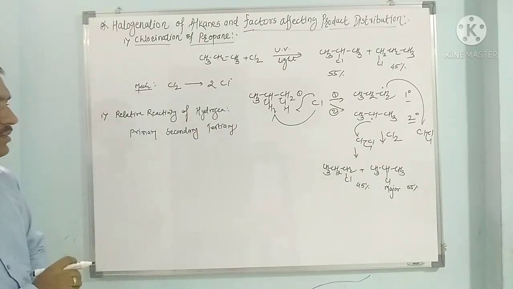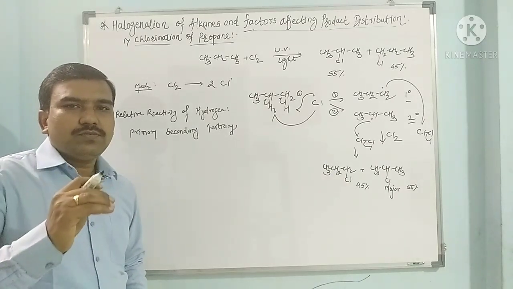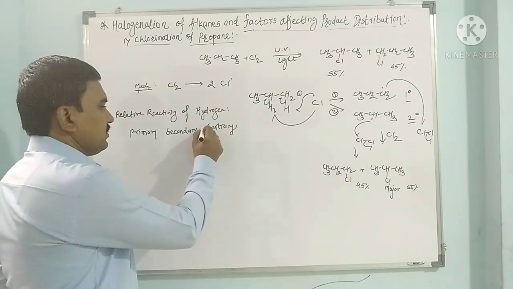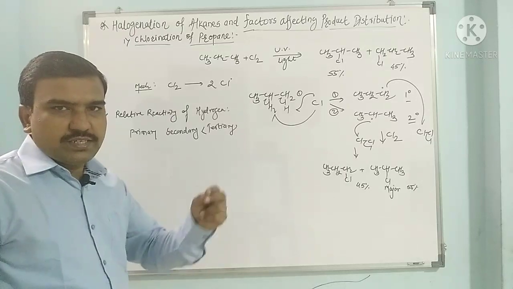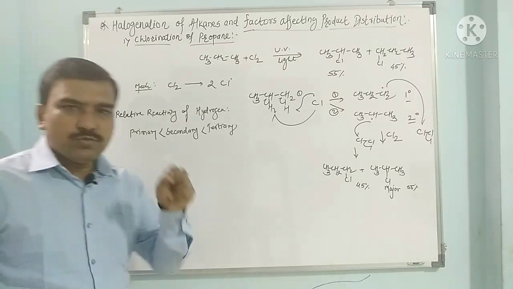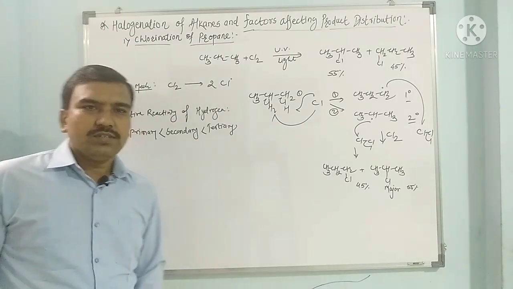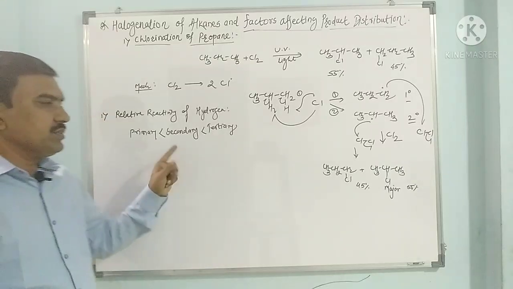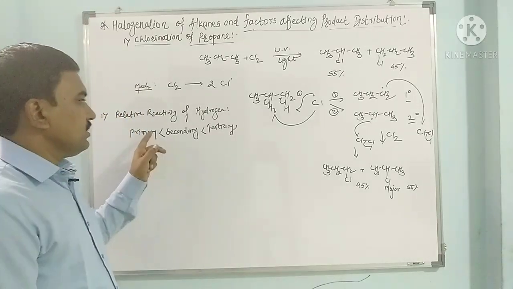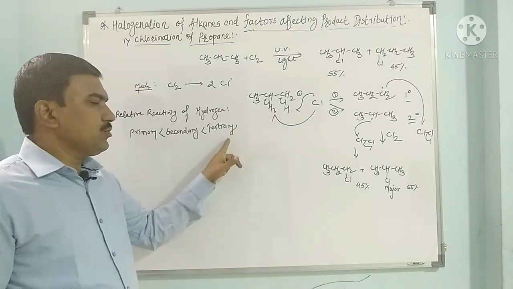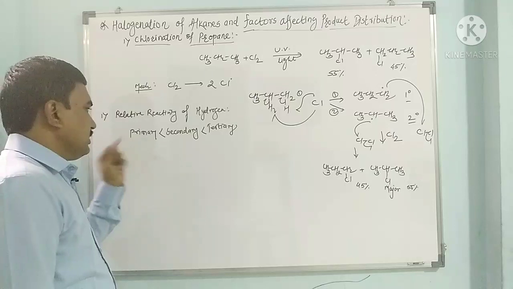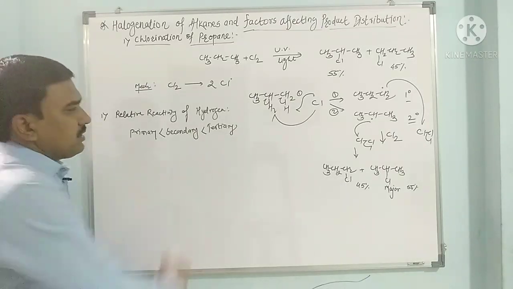Now here, if we see the relative rate of loss of hydrogen in halogenation, tertiary has more relative reactivity as compared to secondary and as compared to primary. So there is a greater chance to lose a tertiary hydrogen than a secondary than a primary. So this is the relative reactivity of different protons in the halogenation reaction. A tertiary proton is lost with a greater percentage than the secondary over the primary. Hence this is the relative rate of proton loss.